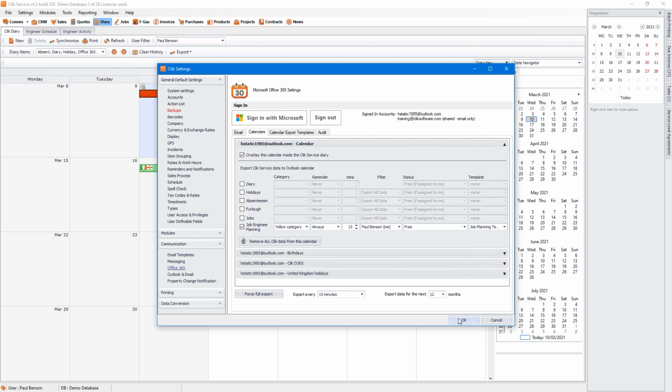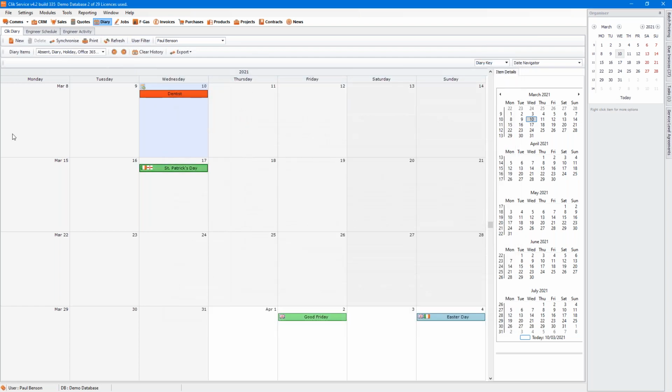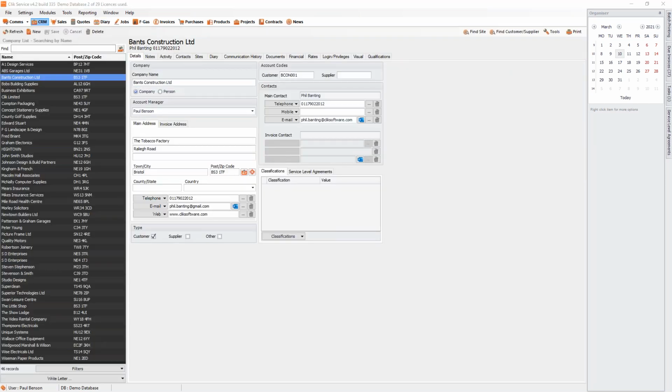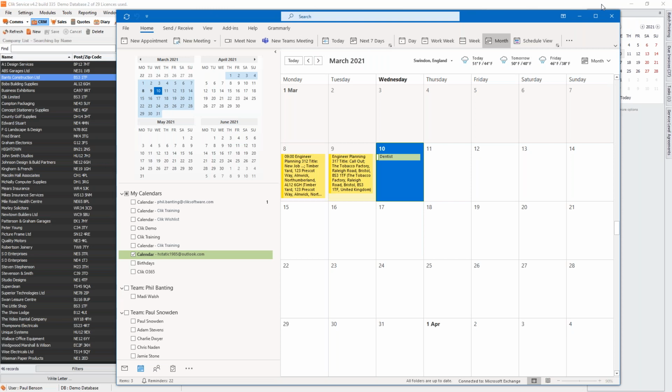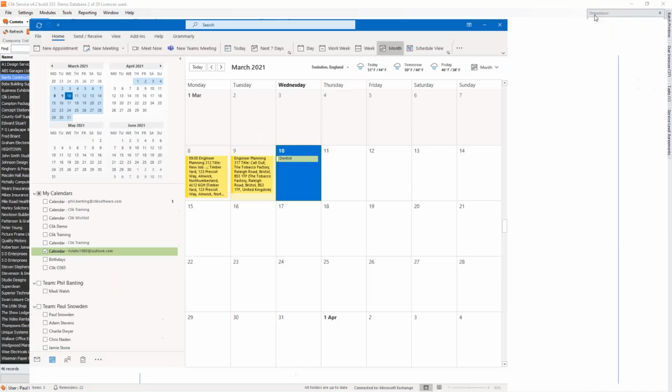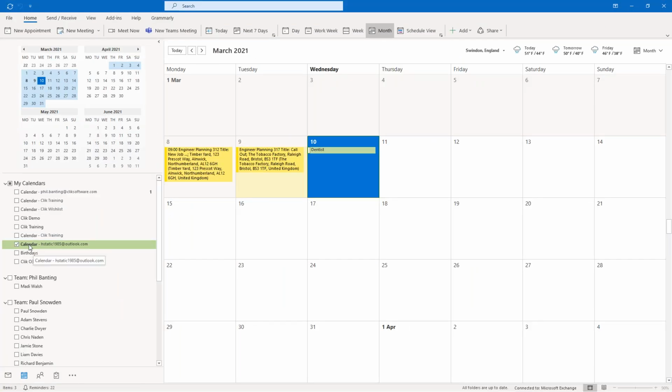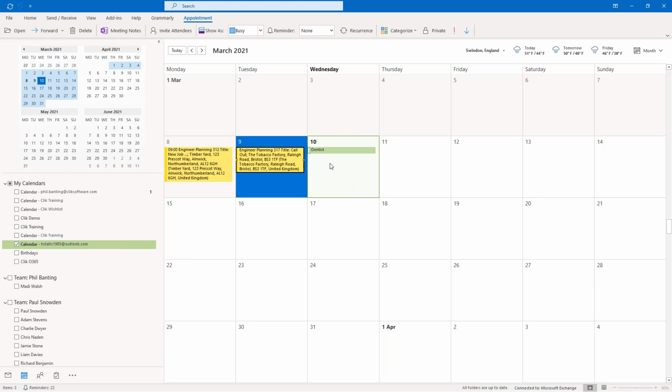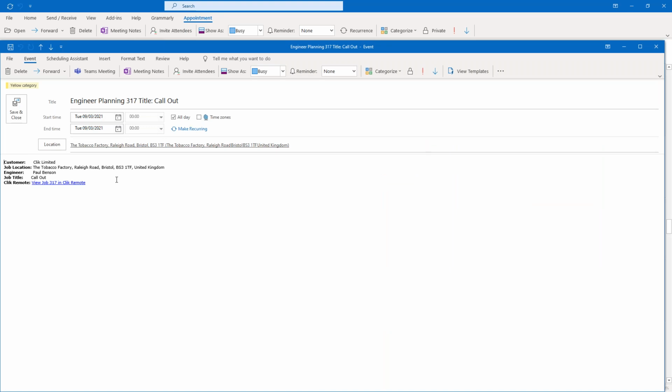So what we're going to do is I'm going to press OK, and I'm going to go into my Outlook 365 calendar so you can see it. So you can see in here, we've got some diary items that are populated. So I'm in my calendar, HStatic 1985 at outlook.com, and I've got two calendar entries in here, and you can see that I've got my dentist item in there. But if I click on that engineer planning, you'll notice that it has my link, view job 317 in Clik